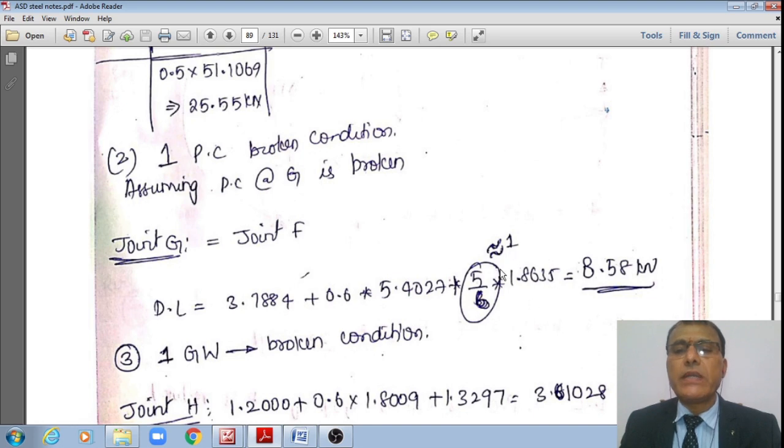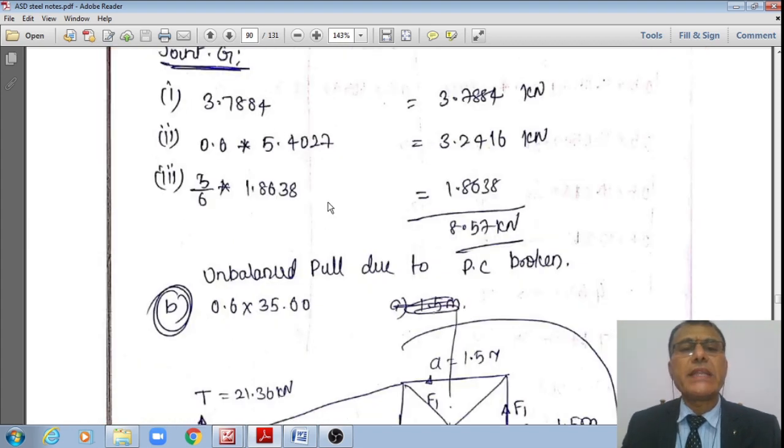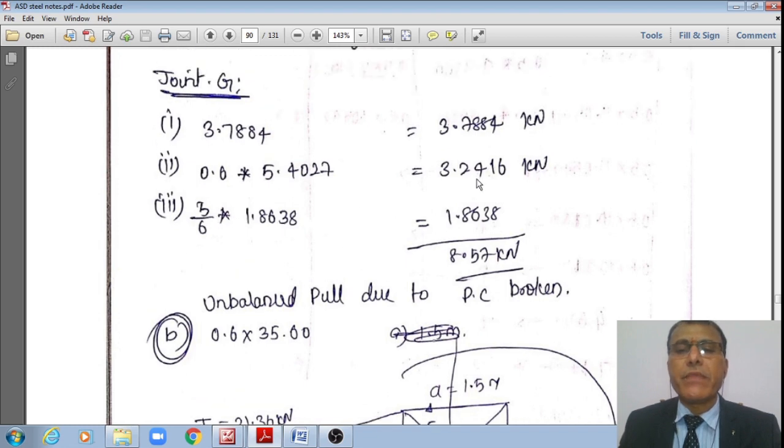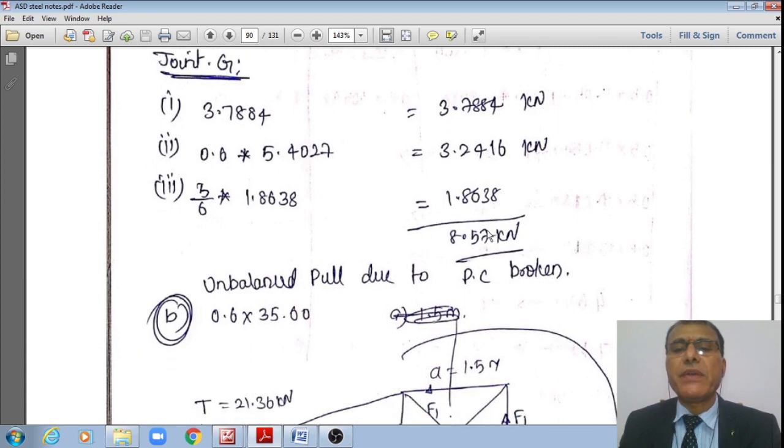as 1.8635. Therefore, now I am recalling 1.8638 without any reduction, as per the code. 1.8638, I am not reducing, as per the code. Therefore, all put together, 3.7884 plus 3.2416 plus 1.8638 works out to around 8.57